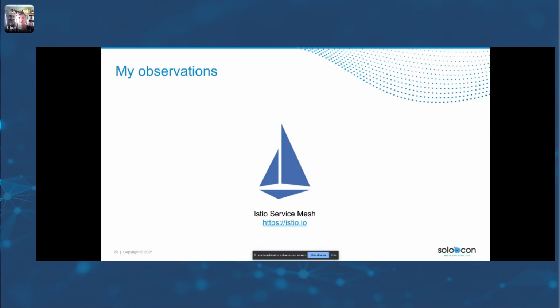And so you'll see throughout the show here at SoloCon that Istio has become a focal point of these solutions, and that if you're going to seriously evaluate whether a service mesh is right for you and which one to pick, then our suggestion is start with Istio and say, why not Istio? And then figure it out from there.